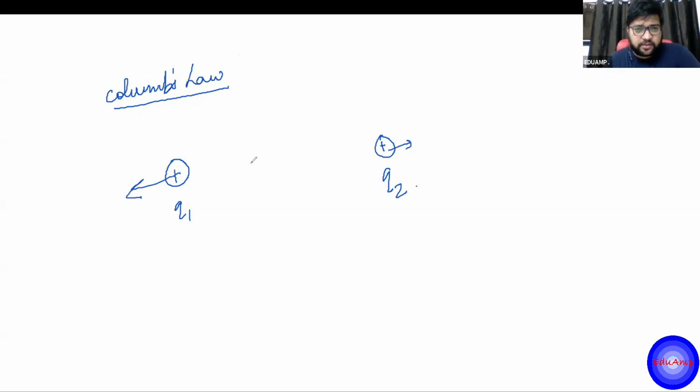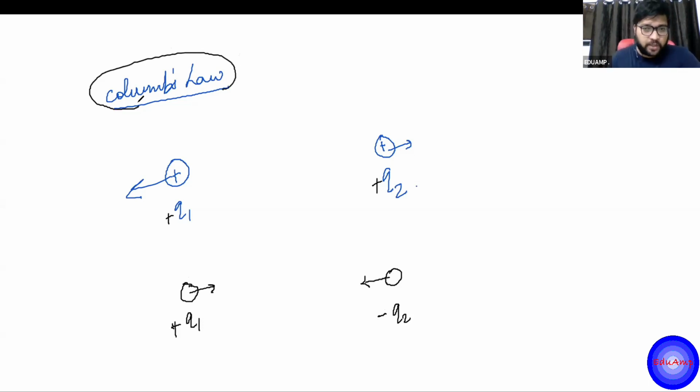Let's say this can be a scenario of repulsion, where this is plus Q1 and this is plus also. It may happen that the other charge is negative, let's say minus Q2. Now in this case, they will attract each other, right? Because they are unlike charges. So what Coulomb's law says is with what force they will repel or attract each other. That force is given by K